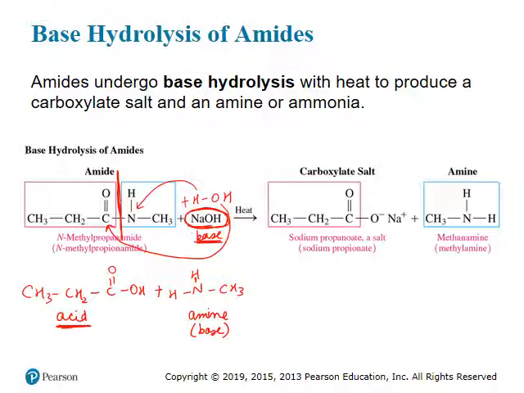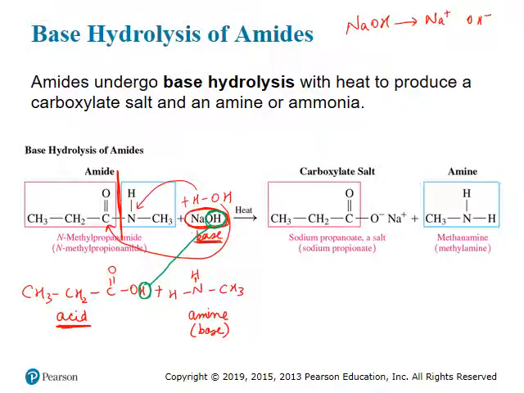How would this reaction happen? Remember, NaOH is a base, so NaOH breaks down to give us Na plus and OH minus. So the OH from the base and the hydrogen from carboxylic acid